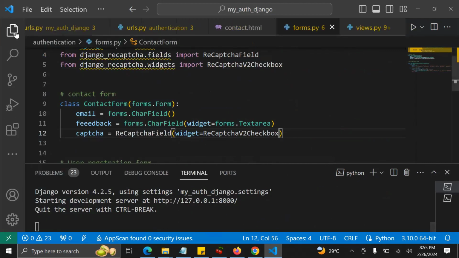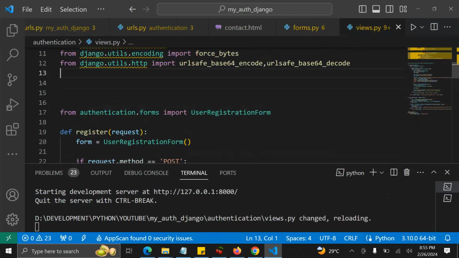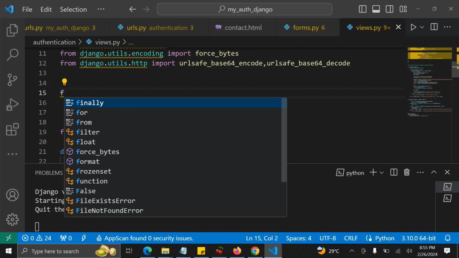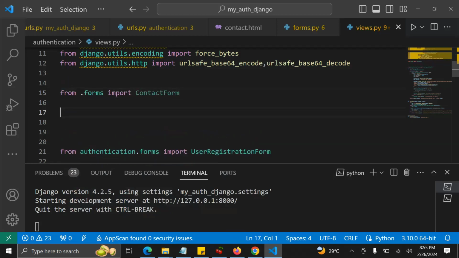Our form is ready. So let us create a Django view, which will be special for rendering the form we have created. So before we proceed, we need to import our form. So from .forms, we need to import contact form. That's perfect. Then after, let us create the Django view. Then after request,